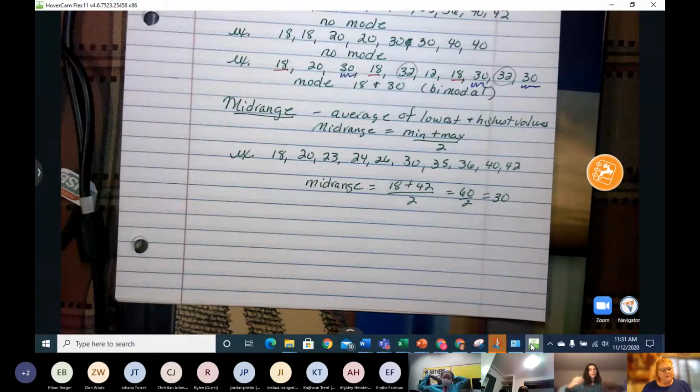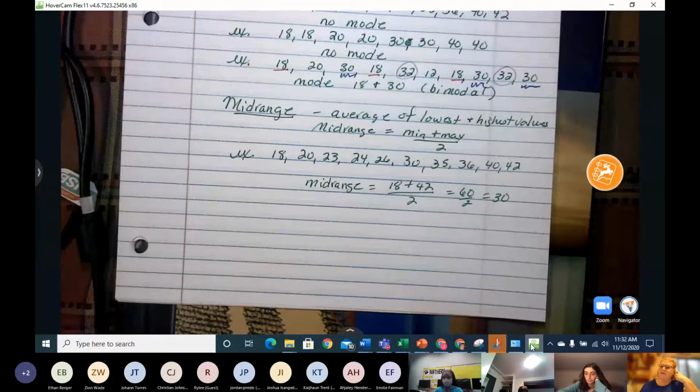And we'll look at some examples where that may be true, since a mean is affected by outliers, and we'll talk about outliers a little more when we get into the next part. But an outlier is a very high or very low number, and it changes the value of the mean, where a median is the middle number regardless of that high or low number. So it's a better reflection of what the middle is. So sometimes it's better to use a median in certain situations than it is a mean.